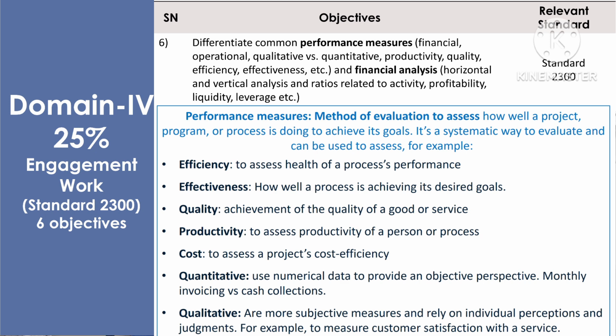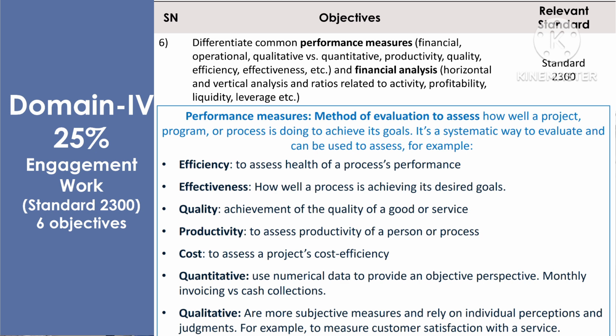It's a systematic way to evaluate and can be used to assess the efficiency, which is to assess the health of a process performance, the effectiveness, how well a process is achieving its desired goals, then quality, achievement of the quality of a good or service,